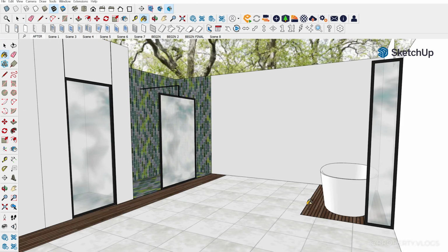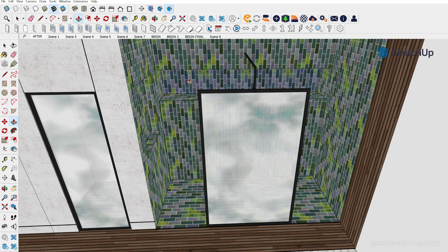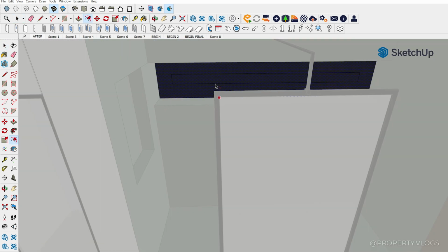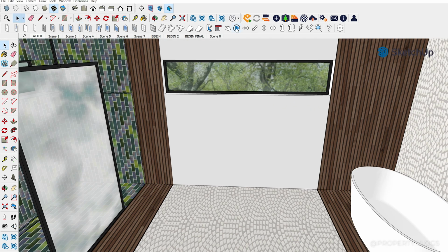So I'm applying materials here at the moment because I really want to define the zones. But in a second, you'll see how I play with the tiles in green and then the wood materials. So I'm going to draw in my slot window now, which also works as a recessed shower shelf. So it's really good for putting toiletries there. And obviously, whilst you're showering, you can get a bit of that natural light and that connection with nature